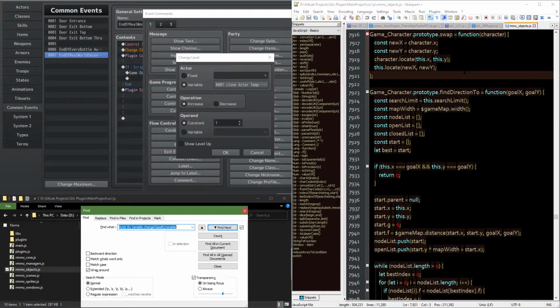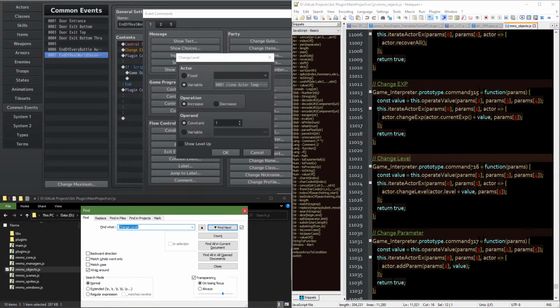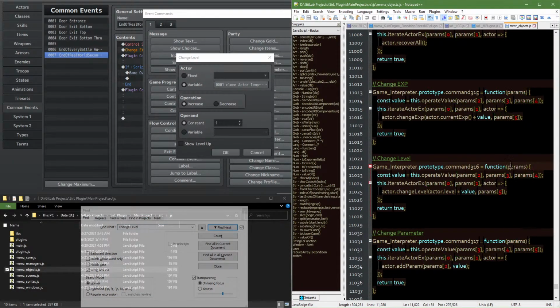It's going to be something along the lines of game interpreter. Actually, no. It's going to call change level. There we go. So change level gets a bunch of parameters. The first parameter is going to be, so this one, this 5-1,